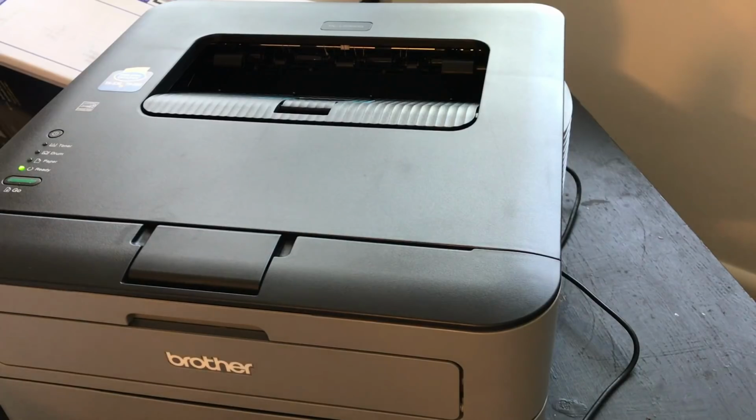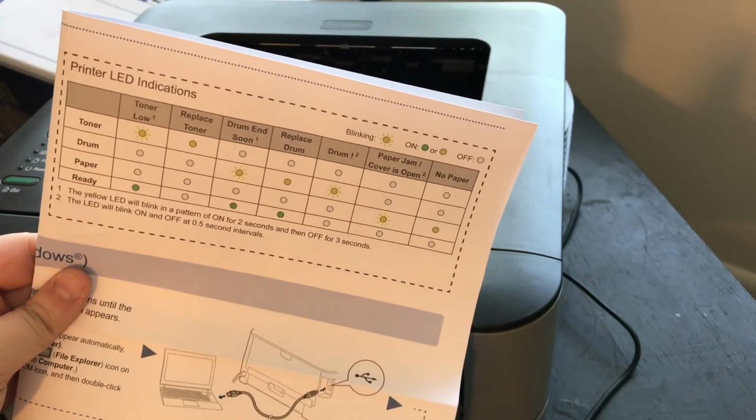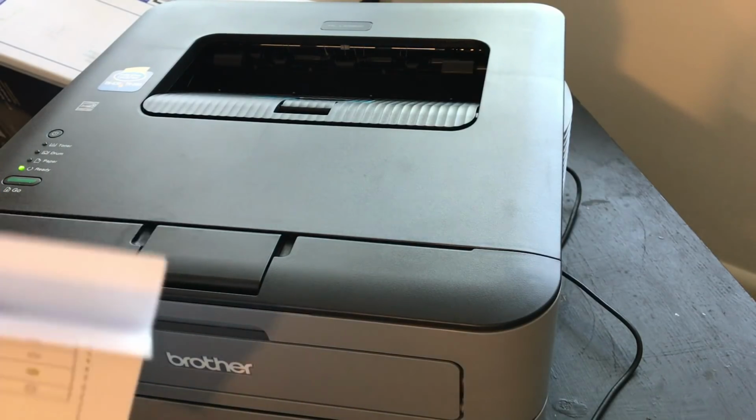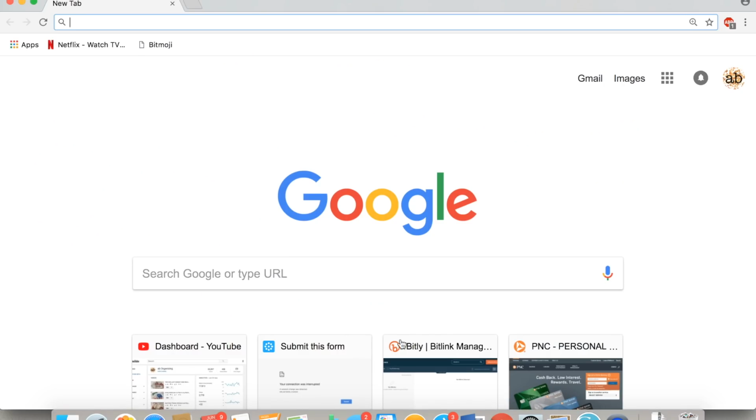So the quick start guide comes with this little handy thing that tells me what all the LED indicators mean. I'm going to probably cut this out and tape it to the side of the printer because I'm going to lose this manual. Alright, so now I'm going to go to the Brother website and download everything I need. Okay, so according to this little fun piece of paper, I need to go to